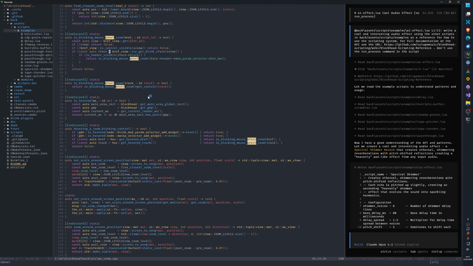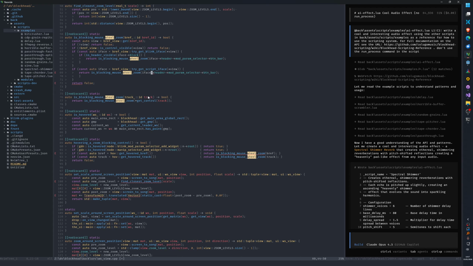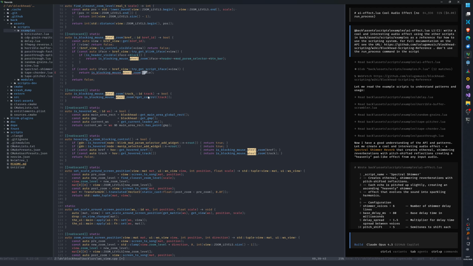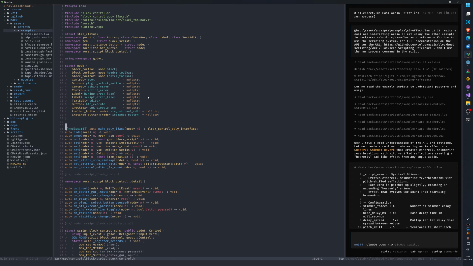I don't know about this. Let's see if it's a script. Let's try this script block control. This is a very brute force solution to this issue at the moment.